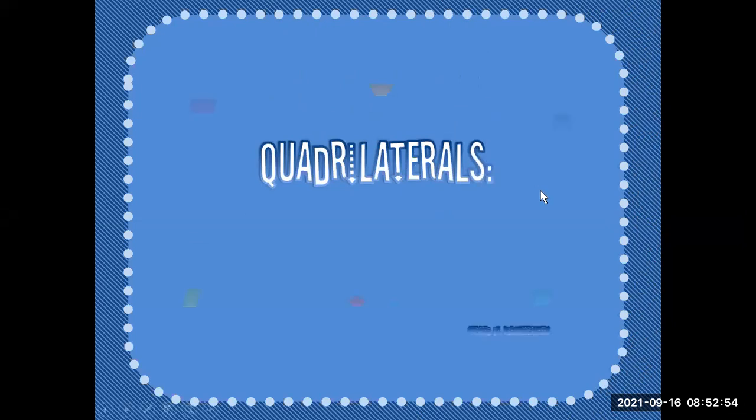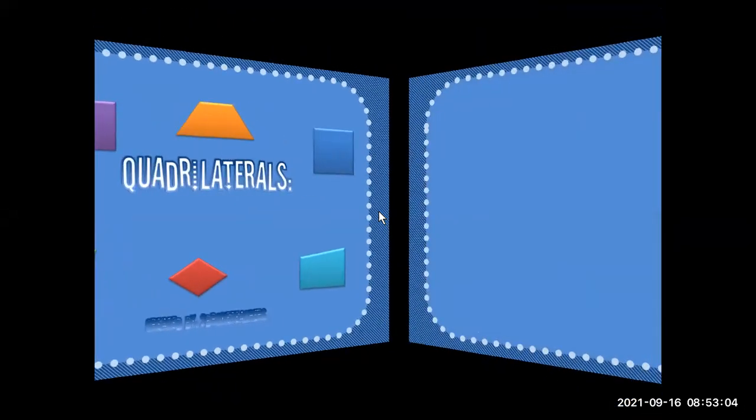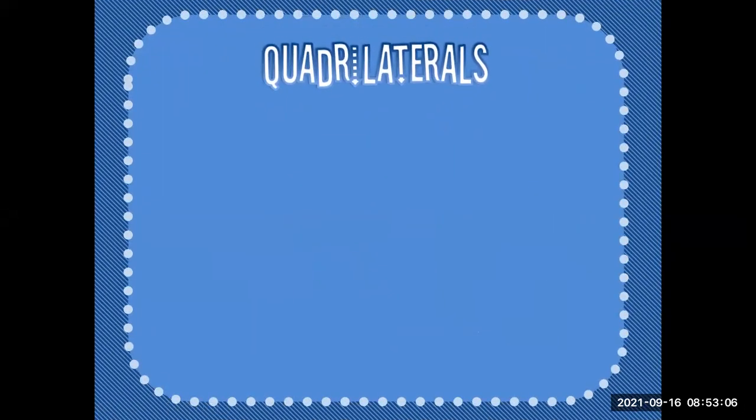So, in the last class, in Maths 2, we were studying the topic quadrilaterals. Let's quickly revise first, and then we will proceed to something new. Now, what is the meaning of quadrilateral? A closed four-sided figure is a quadrilateral, right? And let us look at the types of quadrilaterals that we have studied.